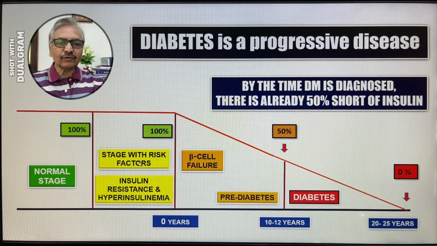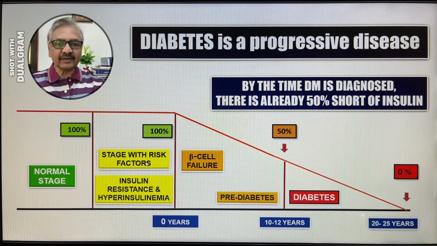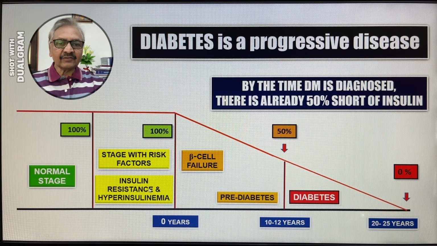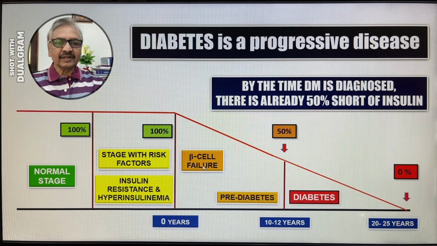As he enters into a stage with risk factors, that is obesity, etc., he enters into insulin resistance and hyperinsulinemia, that is insulin demand will be increased, and he enters into a stage of beta cell failure, that is beta cells start losing and insulin production starts decreasing,